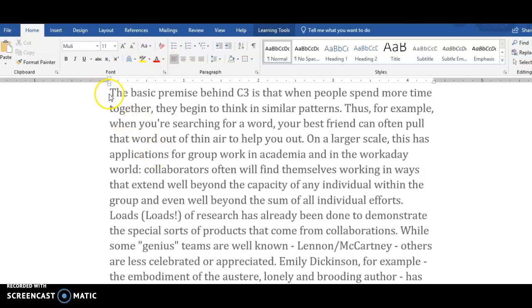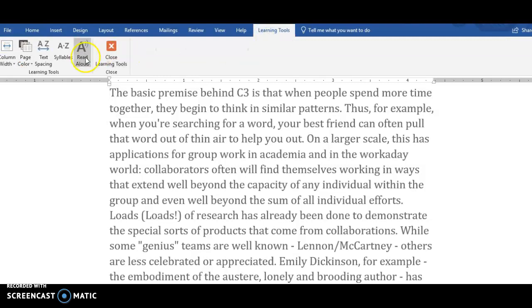The next step is you're going to place your cursor in the place that you want it to start reading from. Go up to the top menu, find Learning Tools, and click on Read Aloud. The basic premise behind